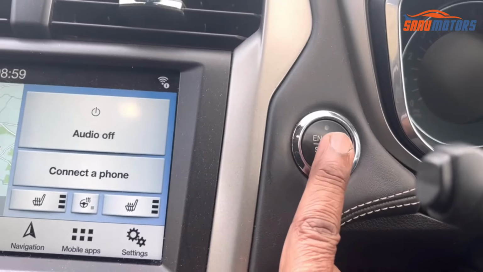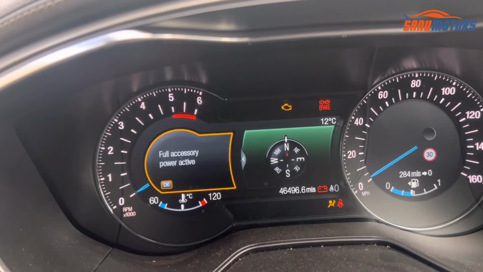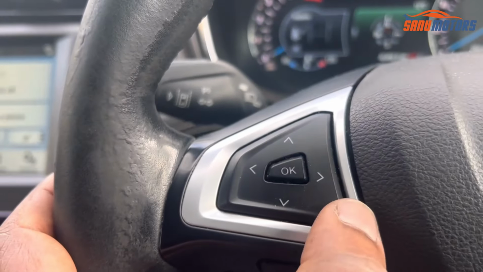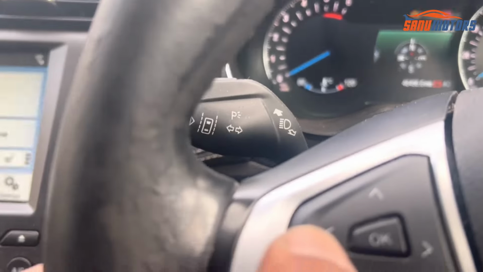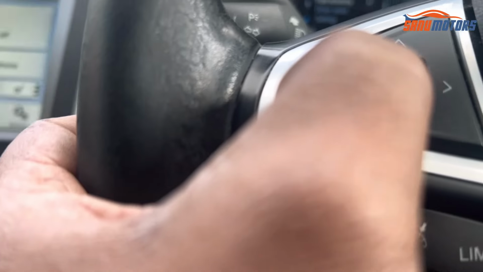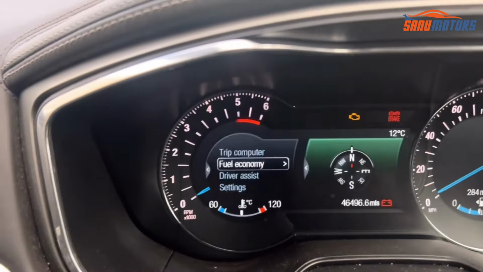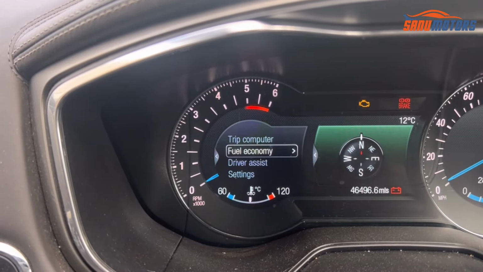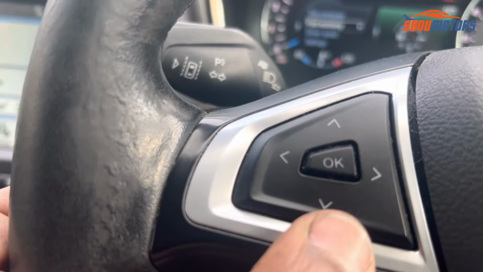Then after that, ignition on without pressing any pedal, just press it once. Right, you can see now ignition is on. Then after that, you need to play with this button, your dashboard clear. Then after that, you need to press the left arrow. Right, when you press the left arrow, your dashboard says this one, you need to press down this key, this one,